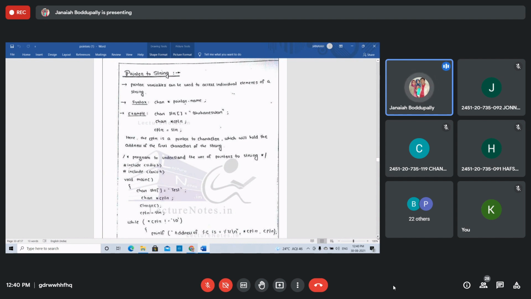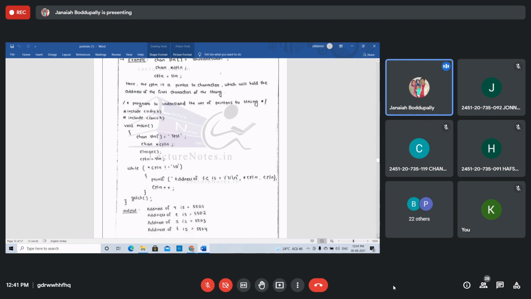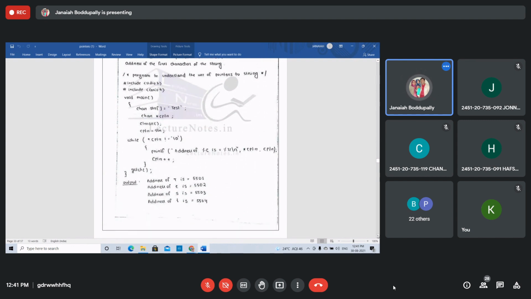Now next, a program to understand the use of pointers to strings. This is a basic program showing how to use pointers to hold strings. See this. Include stdio.h, void main, char str equal to test. Test is a string which will be stored in the string name str.